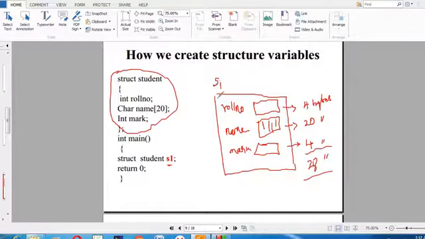S1 is a structure variable, and inside the structure it will allocate memory like this: roll number 4 bytes, name is a character array so 20 bytes, and mark is an integer data type so 4 bytes of memory. Totally, for the S1 variable it allocates 28 bytes of memory in our compiler.